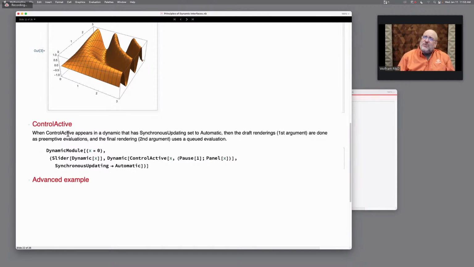So ControlActive, as I mentioned, with SynchronousUpdating set to Automatic. When that happens, ControlActive can switch. It's a wrapper that contains two expressions. The first expression is the fast draft rendering. The second expression is the beautiful, possibly long-running rendering. So here we have a Dynamic that, while this slider is in use,